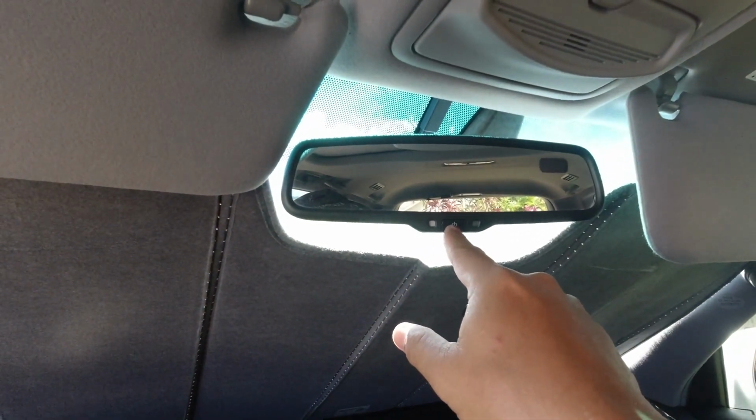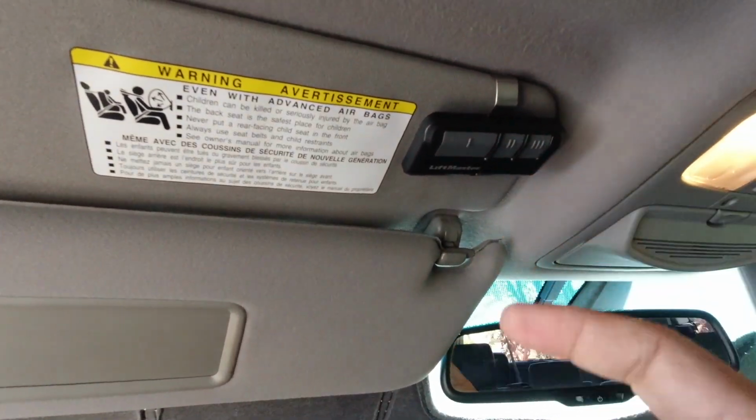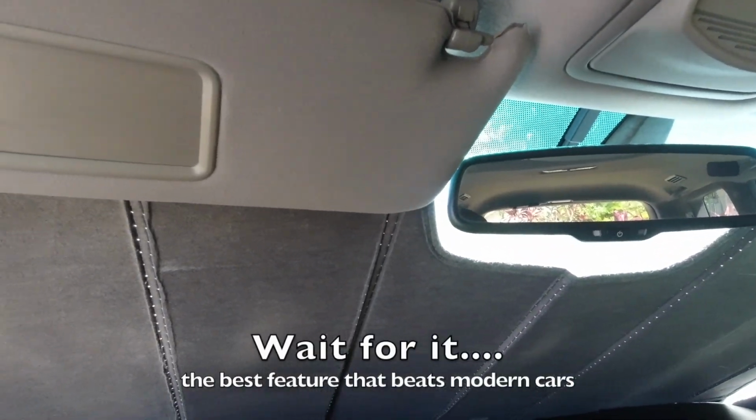I think there's something going on here with the garage. I think you could do like a HomeLink kind of thing there. I'm not sure, but they have their garage clicker in here. Now here's the best part of this